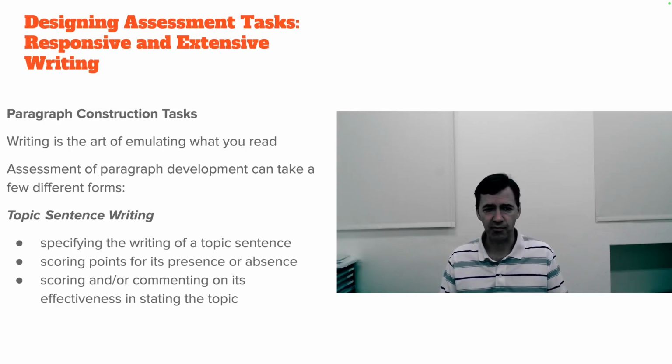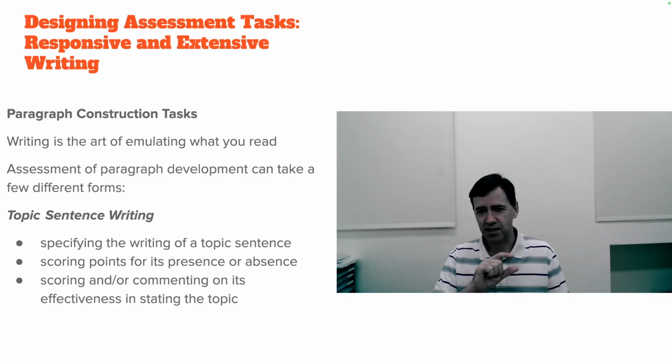The first is topic sentence writing. So the criteria could be specifying the writing of a topic sentence, scoring points for its presence or absence. Now, it should be mentioned that it's not 100% necessary that all essays, all paragraphs have a topic sentence, but it is something that we use when we're teaching students, especially when you're writing more nonfiction type reports or essays,